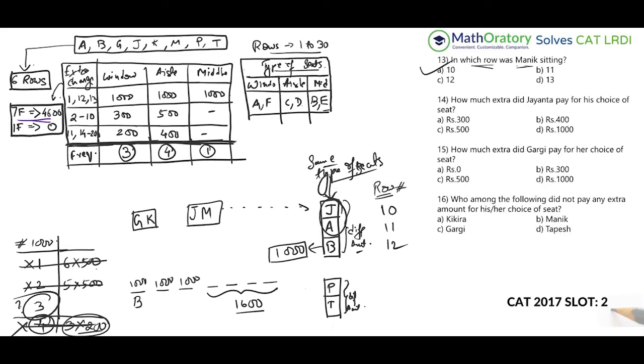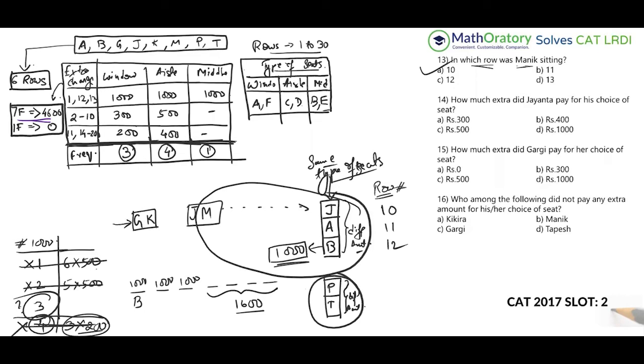J and A, neither of them pays the 1,000 amount, right? Nor does M pay the 1,000 amount. Only one of P and T could pay 1,000, because these two individuals have to pay different amounts. So out of all of these people, there is just one person who is paying 1,000, and out of these two, maximum one person can pay 1,000. But we need three 1,000s, right? So it automatically indicates that G and K should both be paying 1,000, because remember that 1,000 idea: whichever row a person is sitting in, that is the only way you determine 1,000. It doesn't matter which type of seat you're sitting on. So either both of them pay 1,000 or none of them pay 1,000.